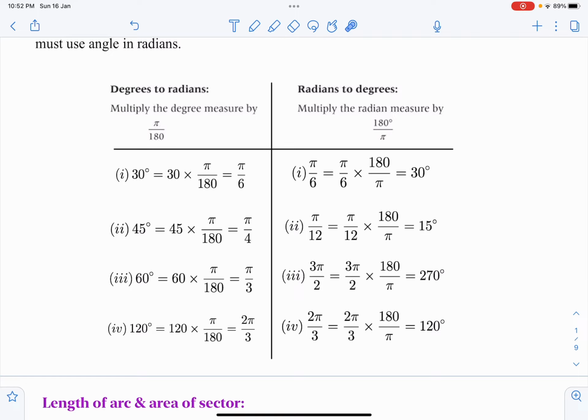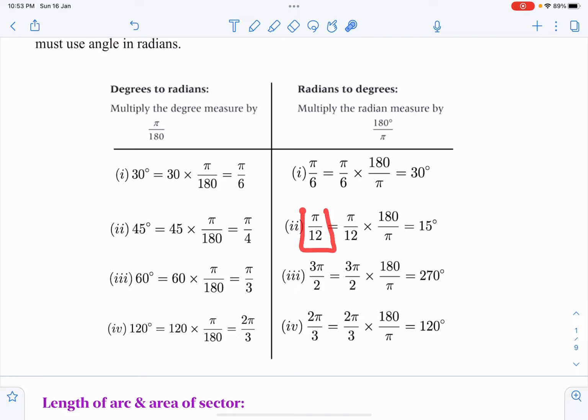Similarly, I'll show you some examples, though you will not need them most of the time here. If you have radians, how do you convert them into degrees? Suppose you have pi over 6 radians. Multiply pi over 6 by 180 over pi, just the reciprocal of pi over 180. How can you remember it? Because degrees are always in numbers, 30 degrees, 45, 60, 90, 180, 360 degrees, the number 180 should be up and pi should be down. Now pi and pi cancel, so 180 by 6 gives you 30 degrees.